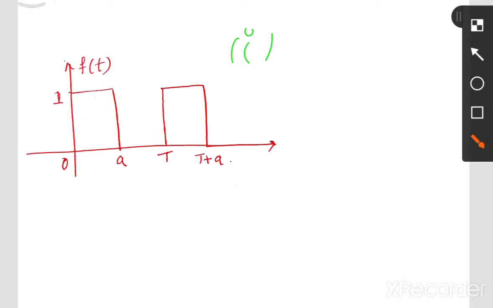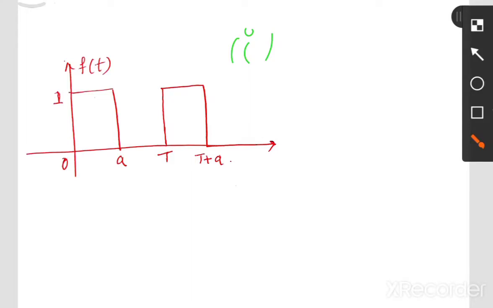Now if you differentiate r of t, we get u of t. You have to remember this. And differentiation of u of t with respect to t gives delta of t. If you know these two, we can take it vice versa. Suppose you integrate u of t, it is reverse order, you get r of t, and if you integrate delta of t, you get u of t. This is the relation between the standard functions, so this chart you have to remember.